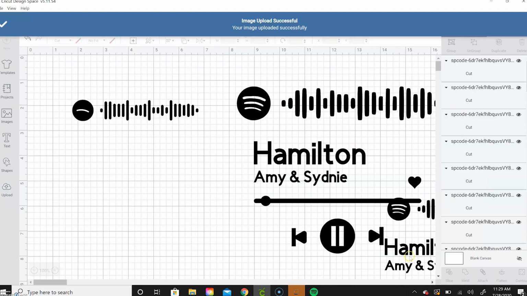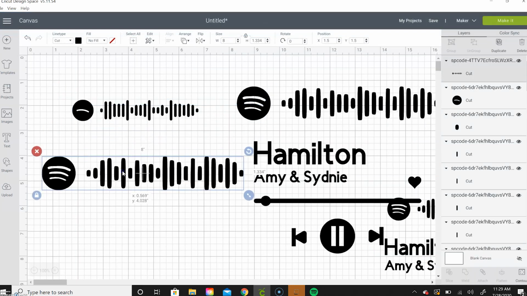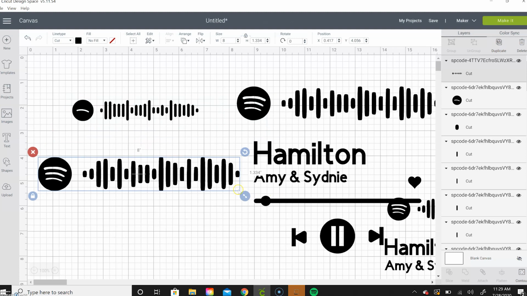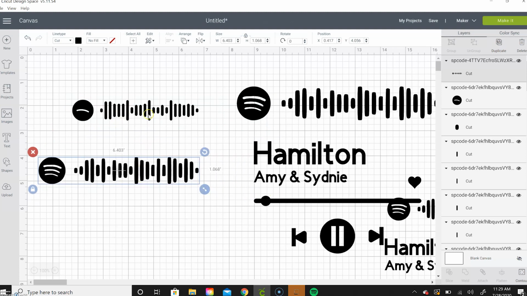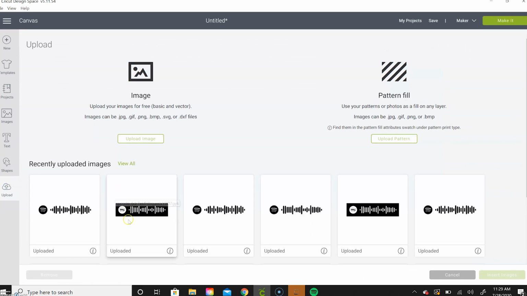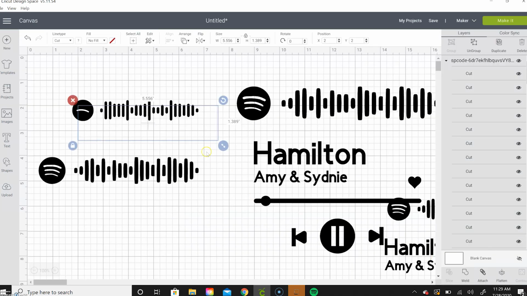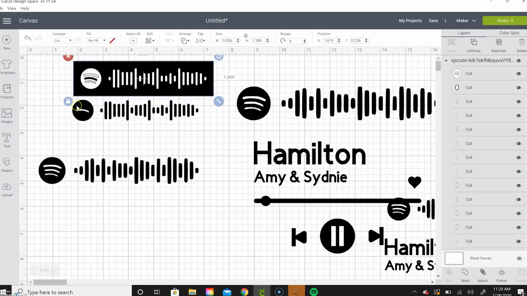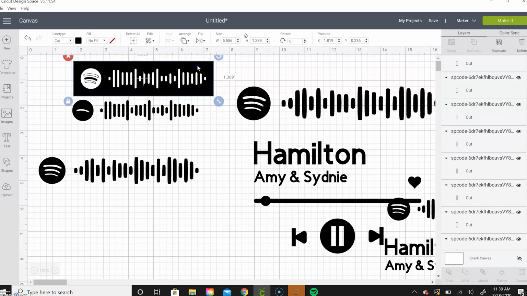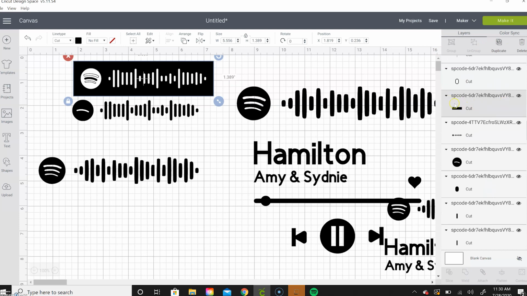Okay, so now I'm going to bring this in. Okay, so this is the PNG. So I left this up here because I wanted to show you what happens when I download it as an SVG. This is how it comes in here. So if I go into uploads, you'll see this was an SVG, one that I did the same thing. I'm going to bring it in. And you'll notice that it doesn't take all of these away here. So if I go to ungroup and then click on the back,